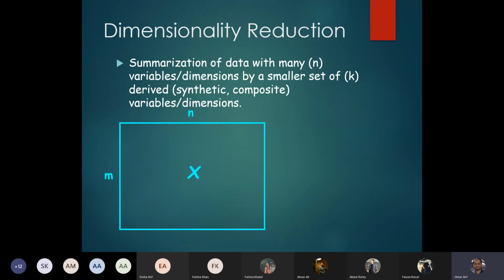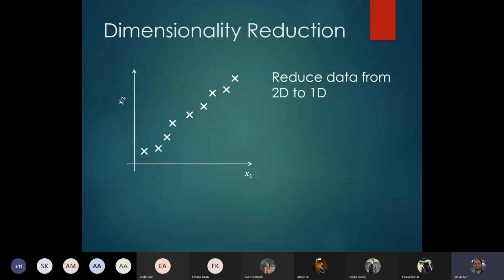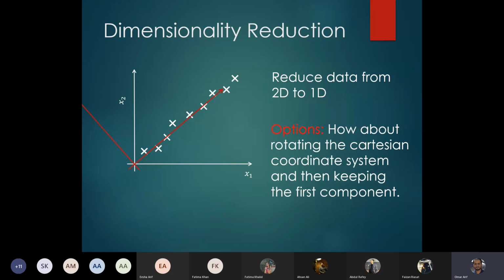Okay, so we are provided with the data X, and the objective is that of dimensionality reduction, that we want to reduce the number of features or the number of dimensions that we have. And the way principal component analysis carries out this dimension reduction is by rotating the axes. In the special case of 2D to 1D transformation, PCA is going to give us axes which are aligned in such a way that the first principal component is along the direction in which we have the maximum variance, the next along the dimension in which we have the next higher variance, and so on.